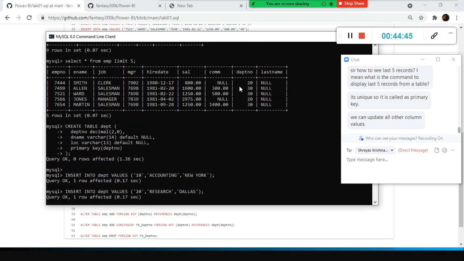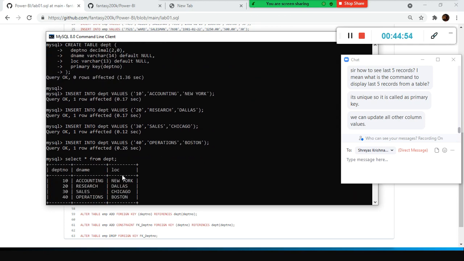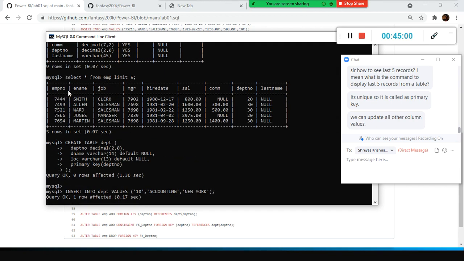Since we are using the department number here in the employee table, it is a foreign key to the department table. In the department table we already defined the department number as the primary key. Here we define the employee number, but we have another department number.